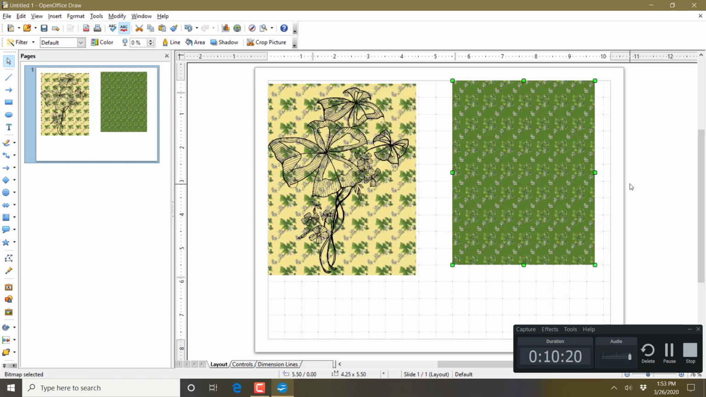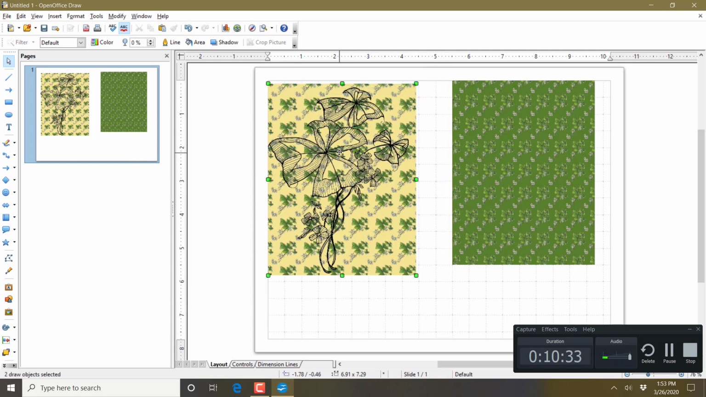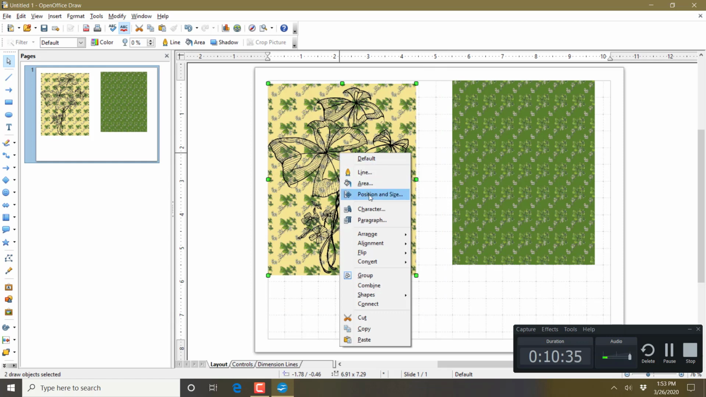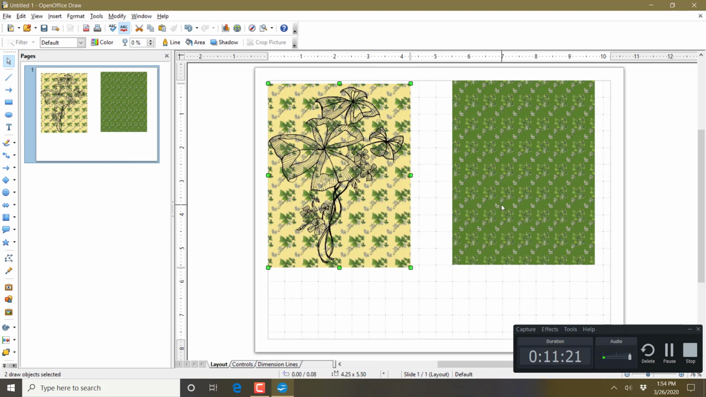There we go. Okay, so I'm going to do the same thing with this one, and I chose both images. They're like one because I put that big square around it like this and dragged it around. It chose both of these images. So I'm going to do the same thing, same size, 4.25 by 5.5. Okay, so now I can cut these out and I can layer them on this paper, which I think